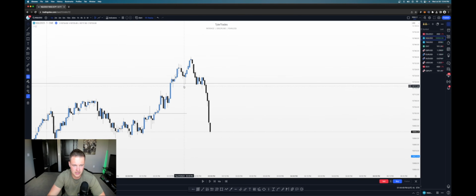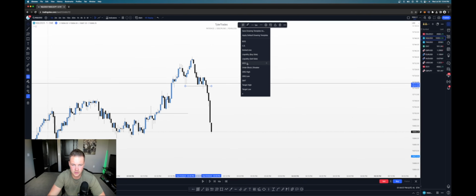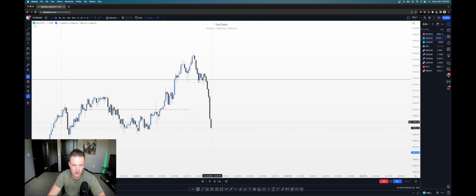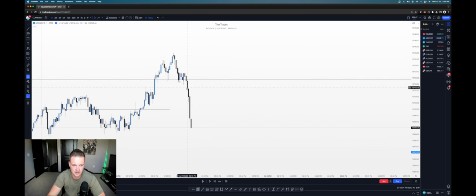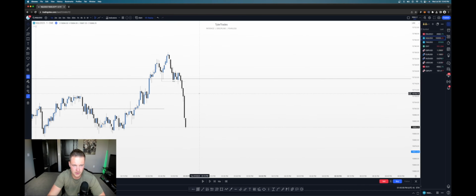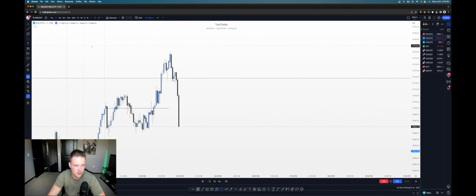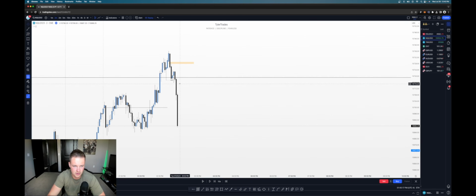Once this low right here gets taken out, that is my market structure shift on the 1 minute time frame. So drawing this across, we'll label this as our market structure shift. And here we finally have that market structure shift. We have all sorts of fair value gaps lined up right inside of here, right below that market structure shift point. We don't really see anything up here on the 1 minute. On the 2 minute, there might be a very tiny one right there. But because the market structure shift point is right here, I would not mind taking this fair value gap entry,